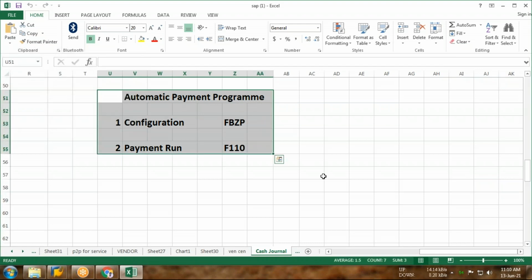Automatic payment program: the configuration is FBZP and the payment run will be F110. F-53 to run the manual payment, F-48 to run the advance payment, but F110 to run the automatic payment. So please give a heading, automatic payment F110.